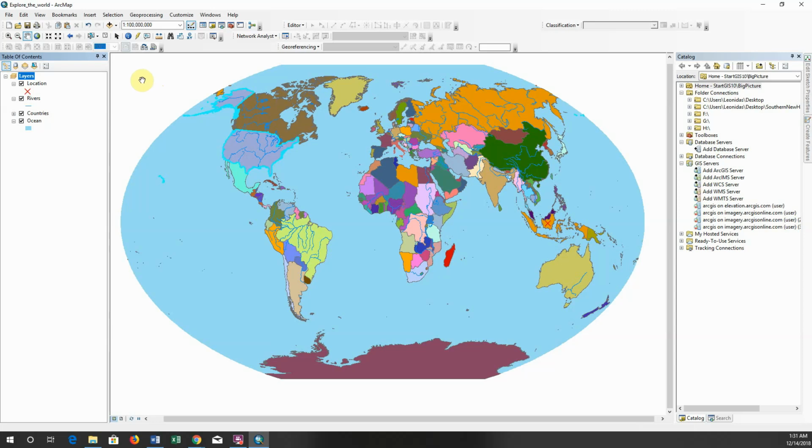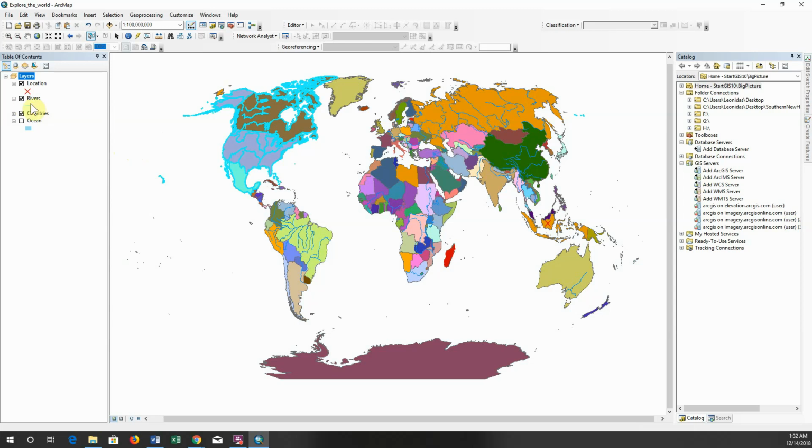Using the select function, you have a bunch of different options: select rectangle, polygon, lasso, circle, line. I think rectangle, the default, is just fine. So if I want to select all the countries that are in North America, I can just drag there. Now I'm going to just go ahead and turn off the ocean and the rivers so it's easier to see. It selected the countries in North America, and it looks like it's got the Bahamas as well. If I want Central America,